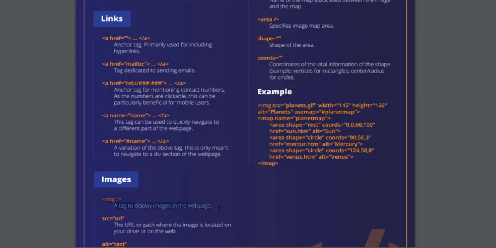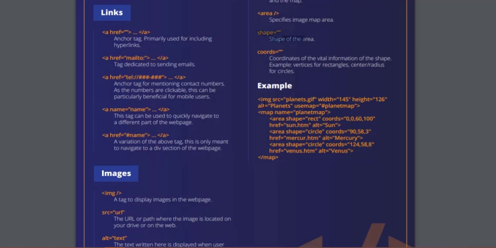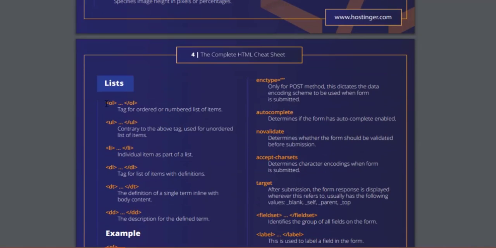If I could just look on, we have got list. I think we use order list. Remember, we use order list. And order list will contain your li. We tried that. But again, there's something called dl, dt, dd. If I just go back and see, I can get some example here.